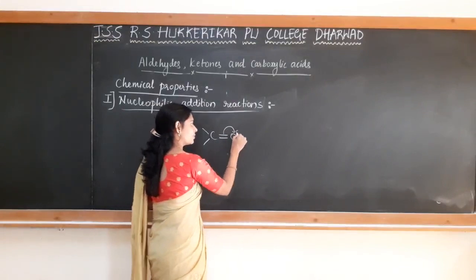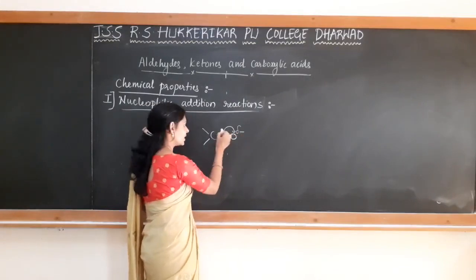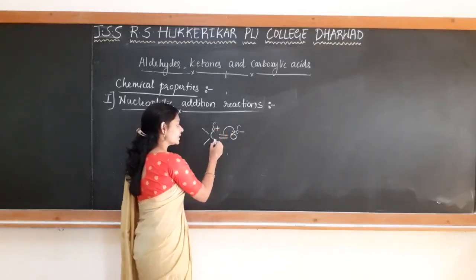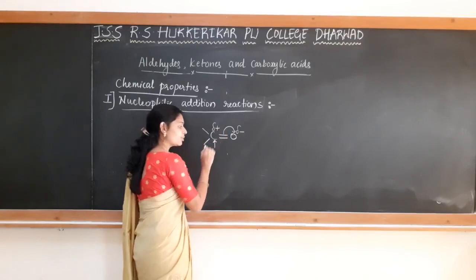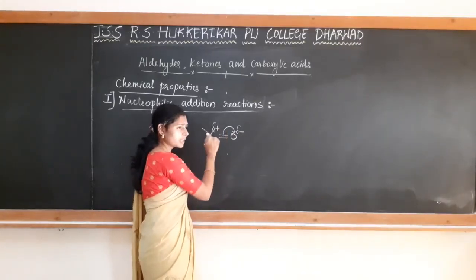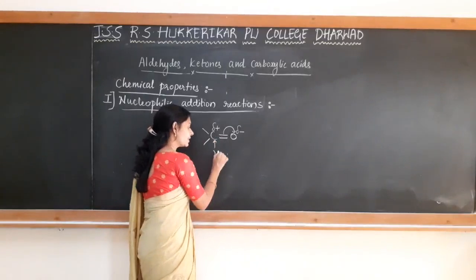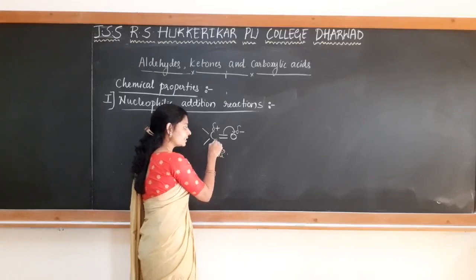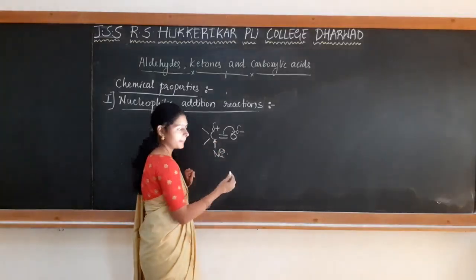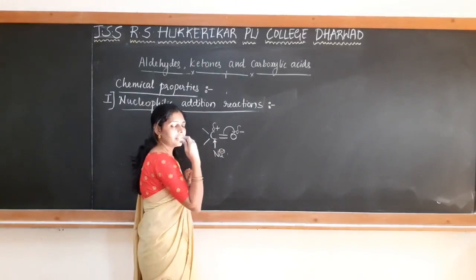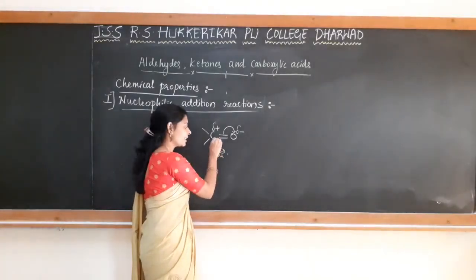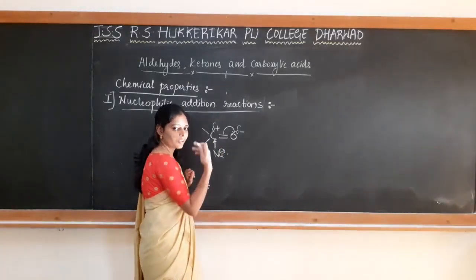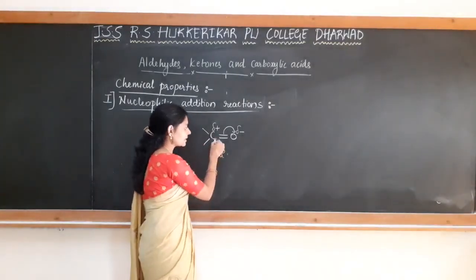As oxygen is more electronegative, it withdraws electrons and carries partial negative charge, and this carbonyl carbon carries partial positive charge. Because of this, this is the electrophilic center generated in the carbonyl compounds, and because of that the nucleophile attacks this electrophilic center. Electrophilic center means deficiency of electrons. Carbonyl carbon is having less electron density. Since the electron density is less, the nucleophile comes and attacks here. What does the nucleophile have? Extra electrons, it will be rich in electrons, so it comes and attacks the carbonyl carbon.